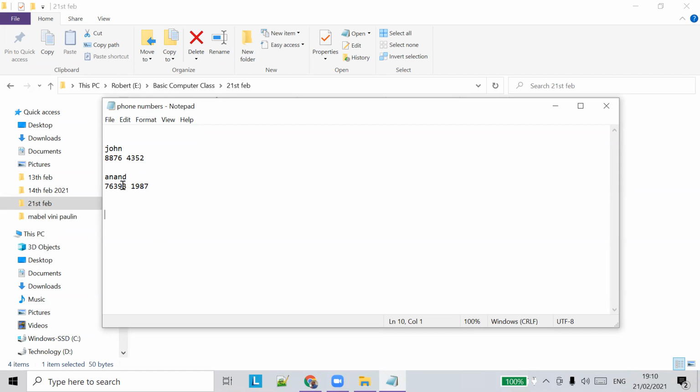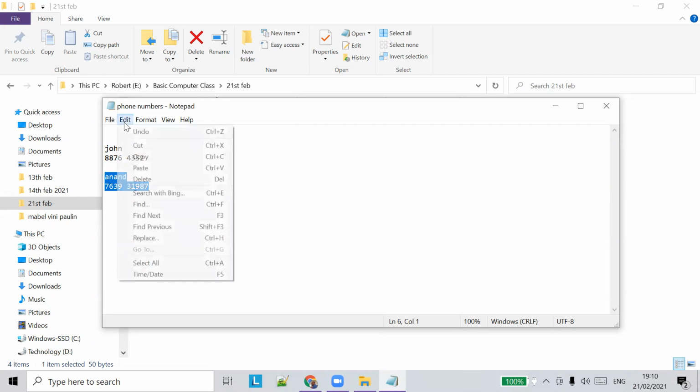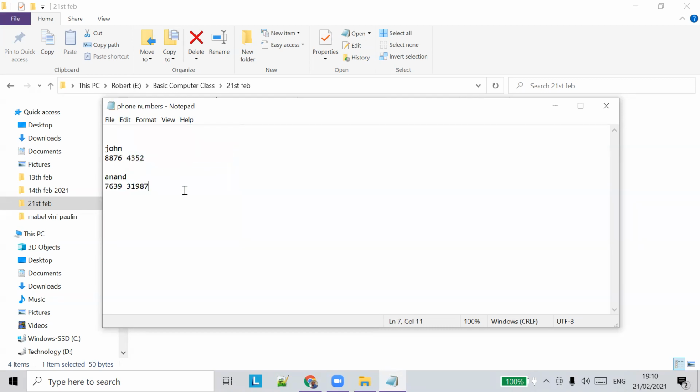Let's say I want to copy this number in some other place. So I have to select this option first. Selecting is clicking the mouse and dragging it. Once you do it, go to edit, you say copy. So copy will copy the thing. So the content is copied.